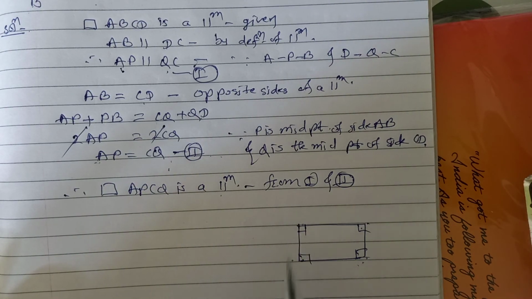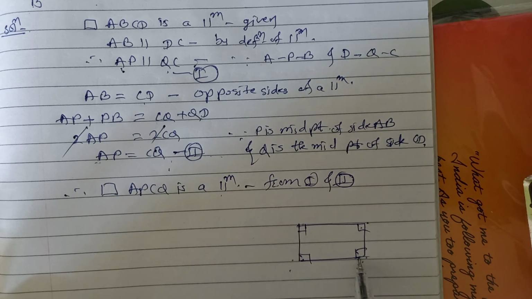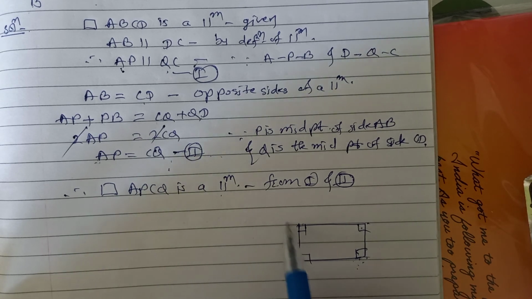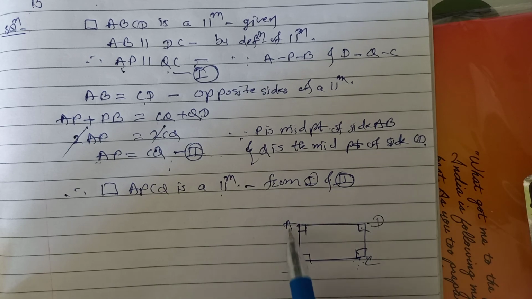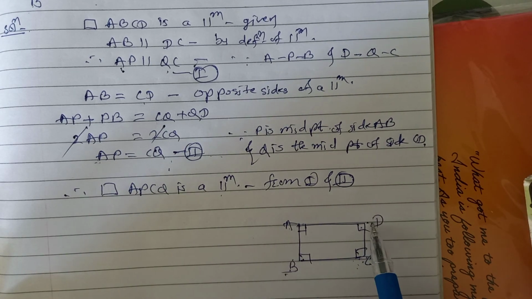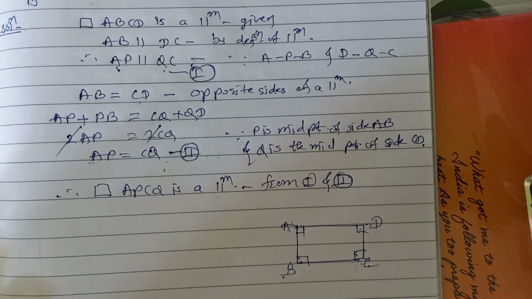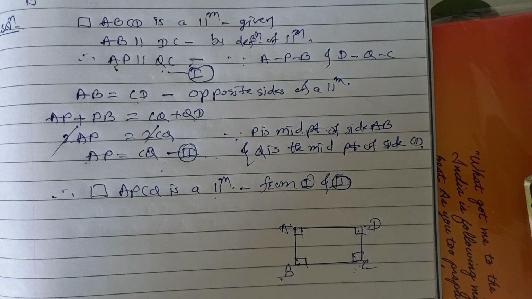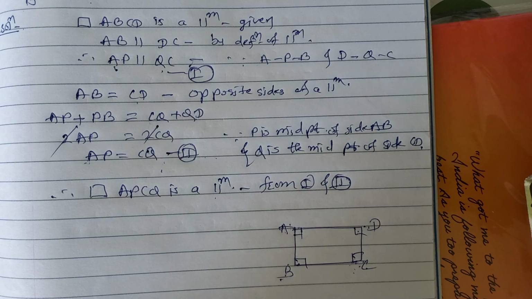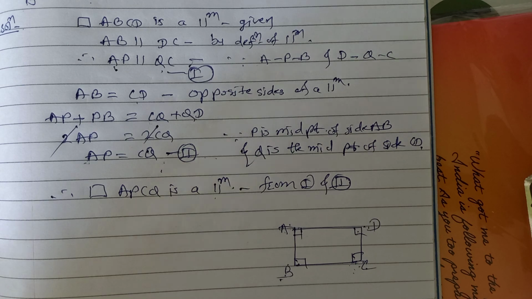You just write it properly, draw the figure and show angle A. Suppose this is ABCD. So A is congruent to C, B is congruent to D because both are 90 and 90 degrees. Otherwise you write the reason as right angle, and then directly you say therefore ABCD is a parallelogram. Reason: because opposite angles are congruent by the property. So very simple. Just one example you have to solve and some examples from 5.1. Now this syllabus, up to 5.2 you have to study for the first semester exam.